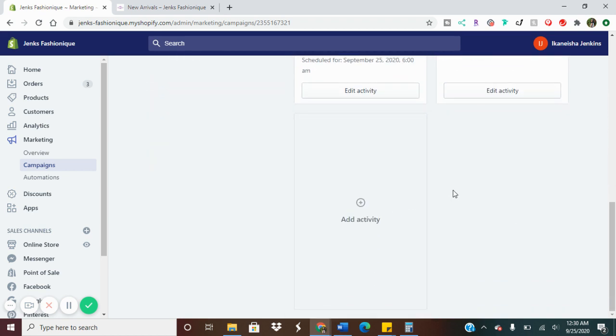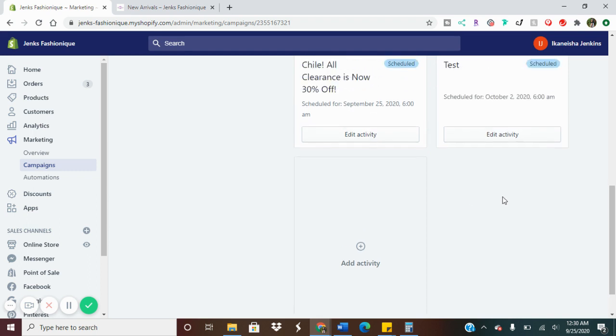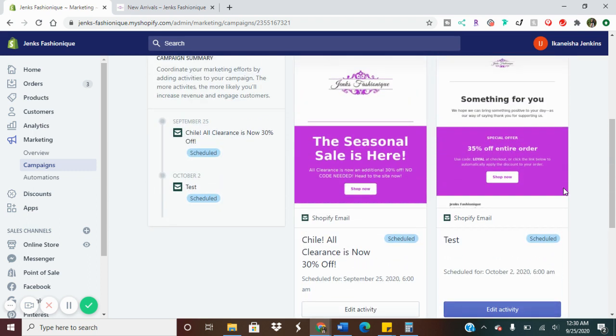So it is basically a series of emails or a journey that I want this specific group of customers to go through in order to get sales. That is what the automation or customer journey is. I do that a lot in my MailChimp. I go into detail about this in another one of my master classes. I can't remember which one it is. But I'm telling you, if you do this correctly, you will definitely gain more sales